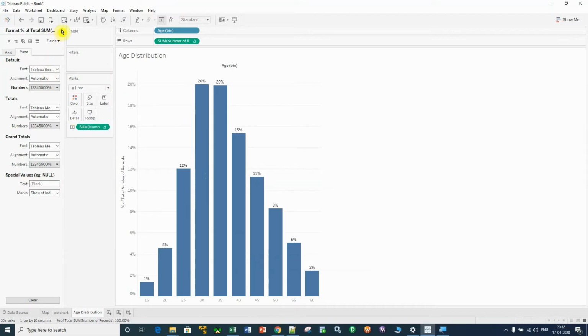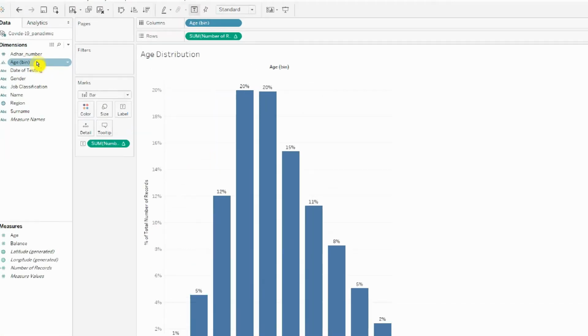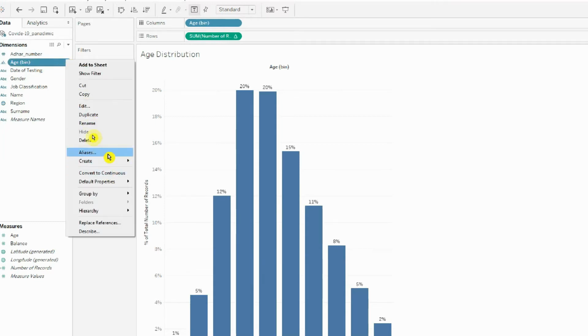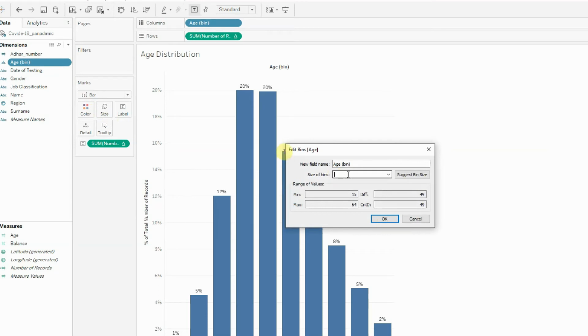If you want to make changes in this age bin, this is the age bin which was created. Click here and click on edit, and instead of 5 give 10 and click on OK.